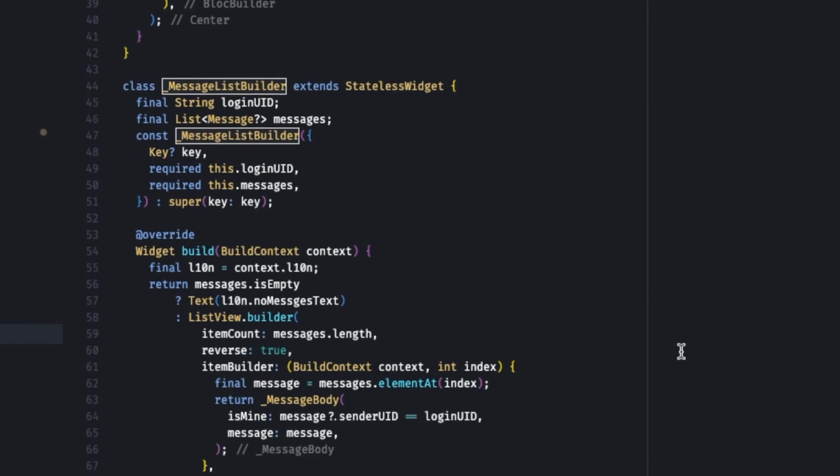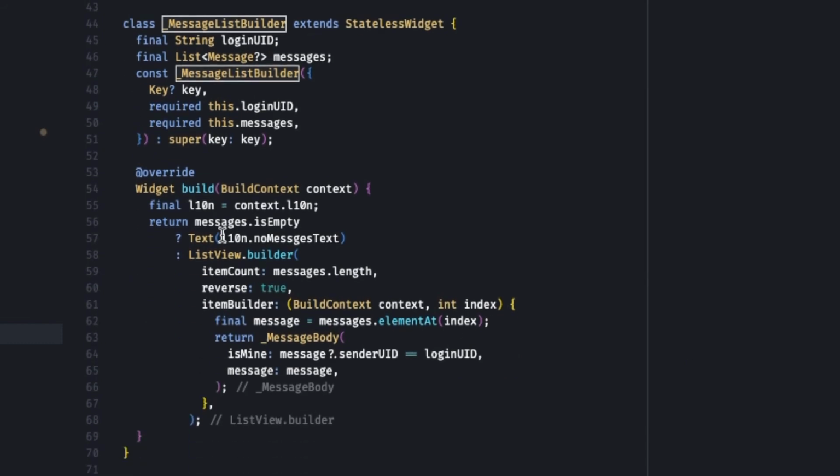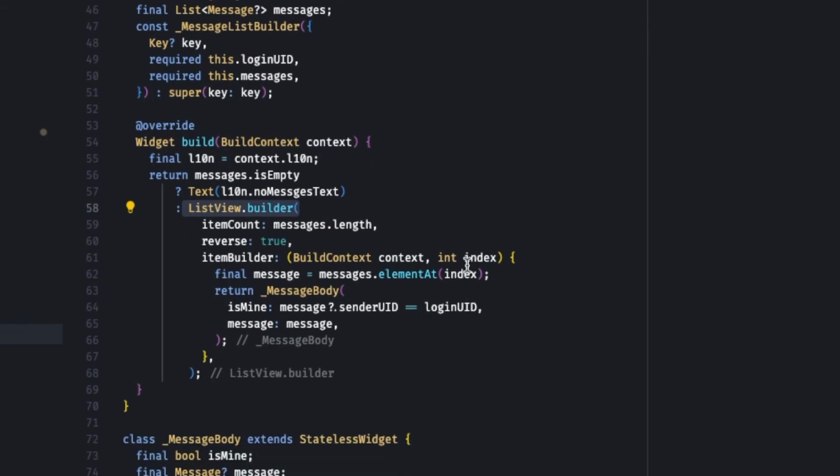On MessageListBuilder, we have a list of messages and the login user UID. If the message list is empty, then it displays text saying no message found, else we create a ListView builder. We have set the properties of the list view builder as reverse, and length to the count of messages received from the state. For its item builder, we retrieve the message using the index and send it to another private class